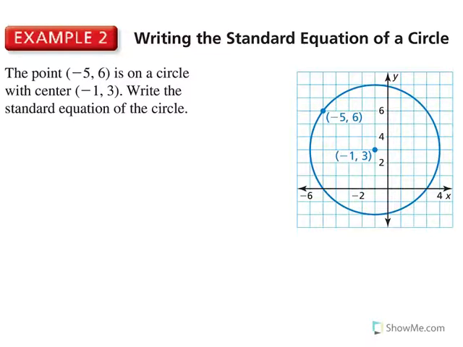In the second example, we are given our center. Obviously, like we said a while ago, our center is our (h, k). So my (negative 1, 3) I can label as (h, k). And then we have a point. We are going to have to actually find our radius on this circle,